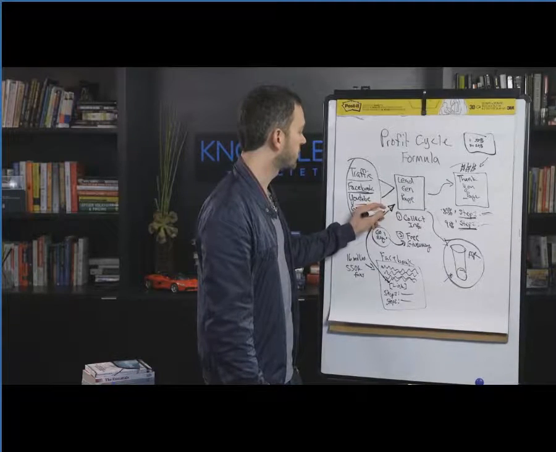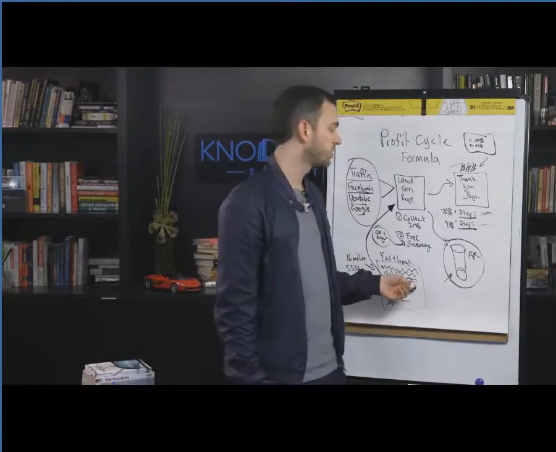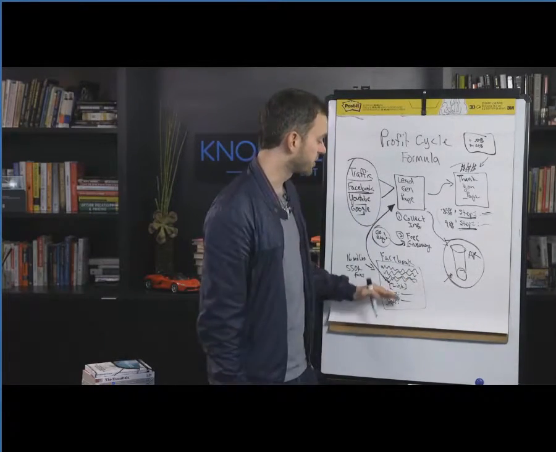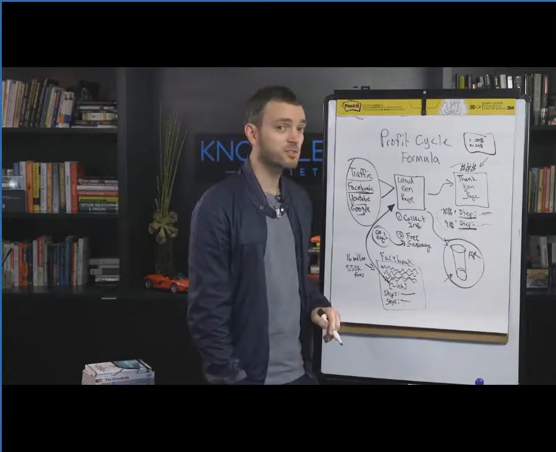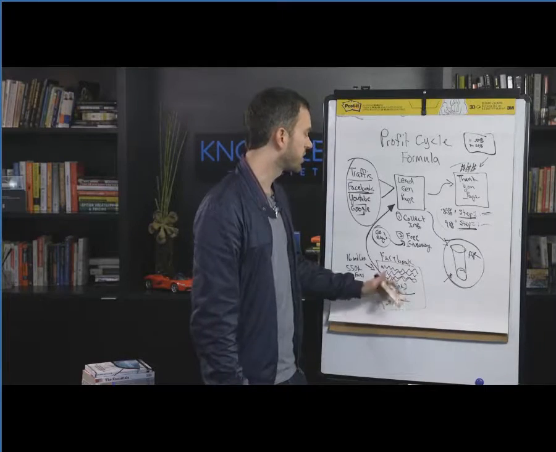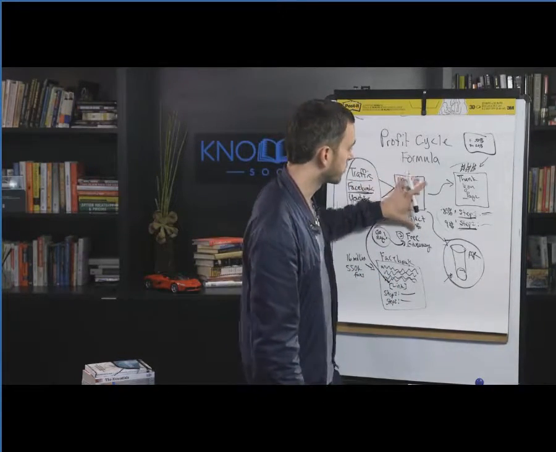We send them to one of these lead generation pages. So we kick off our entire profit cycle by managing Facebook fan pages. And what we do is we use the step 1 and step 2 methods so that we can get people to like, share, and comment on the Facebook page. And then we use step 2 to drive them to the lead generation page, which puts them right into this